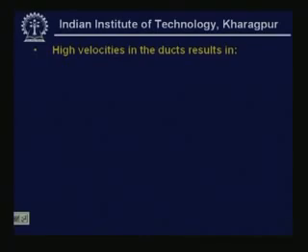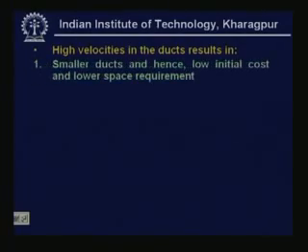Now, what is the effect of velocities? High velocity in the ducts results in smaller ducts and hence lower initial cost and lower space requirement. Since the velocity is high, for the same flow rate we can reduce the cross section area, that is how you get